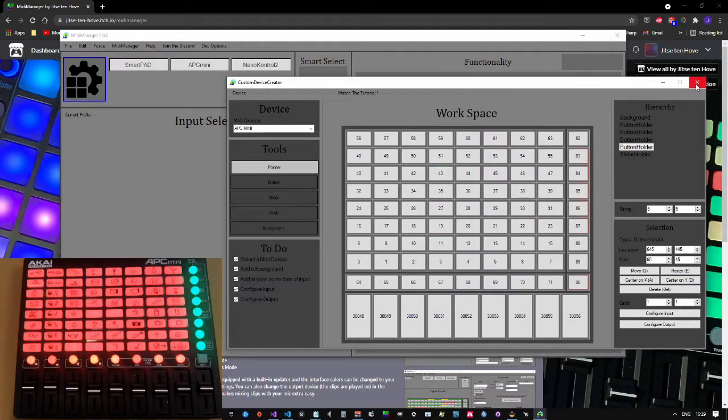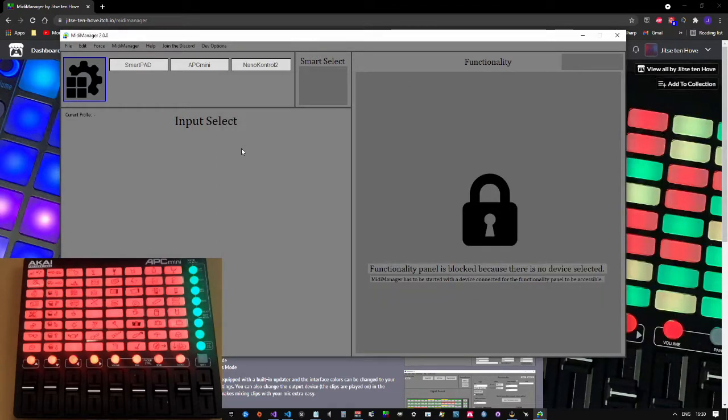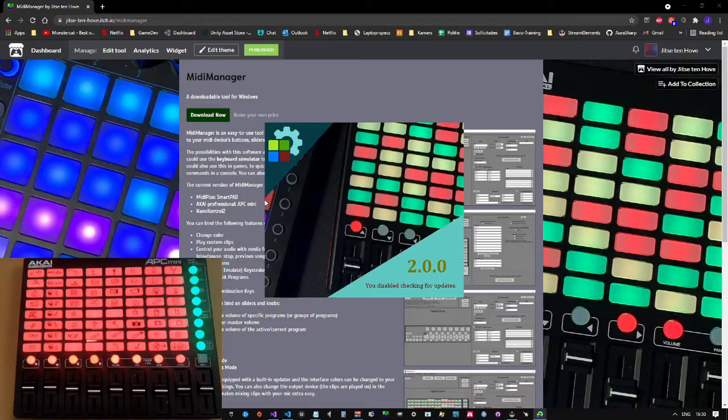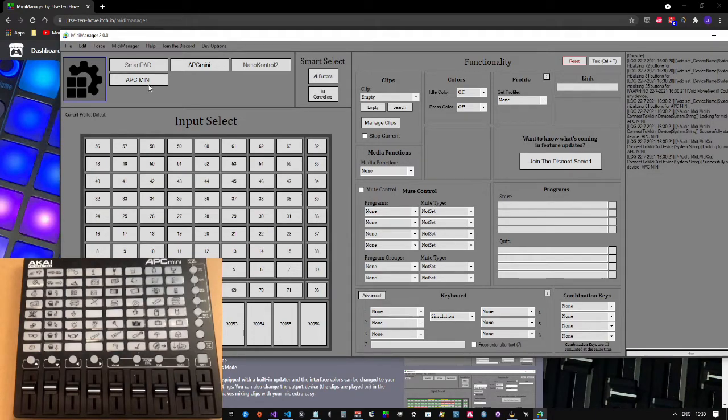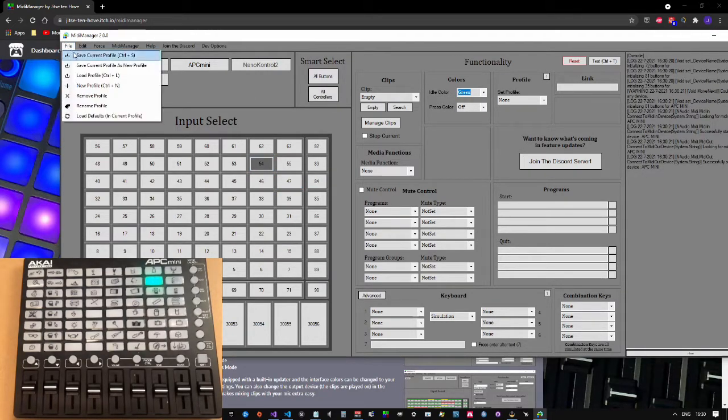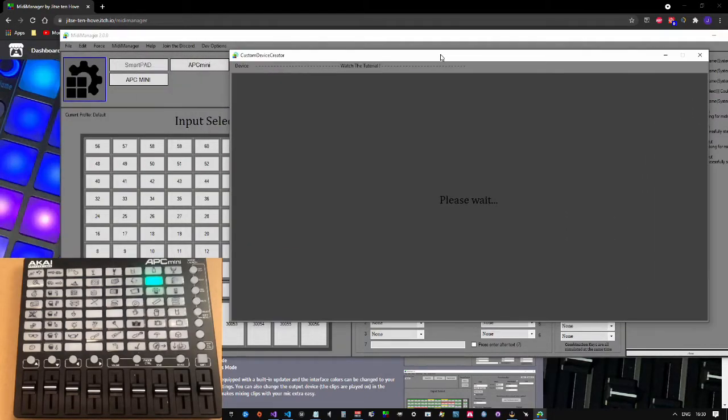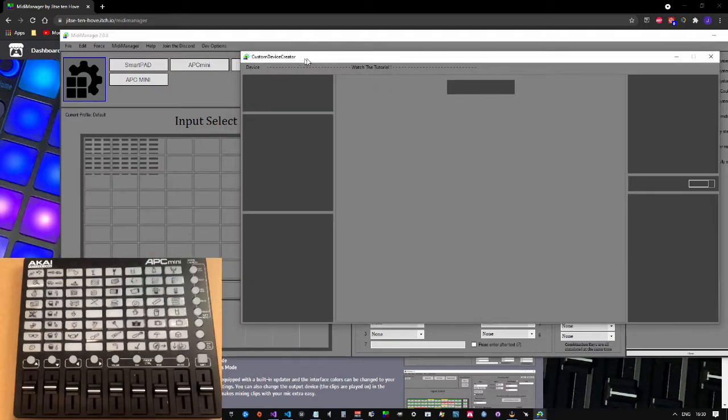So we can close out of the custom device creator, and the only thing left to do is just restart MidiManager. And here we are. We can now use our own custom device with MidiManager. Just notice one very important thing. If you make changes to your profile, like this, for example, and later you want to change the layout of this custom device,